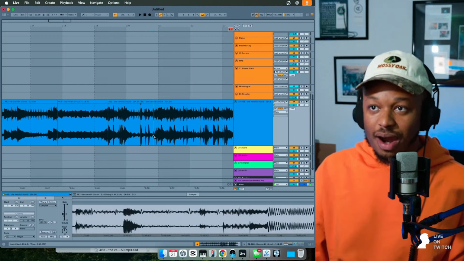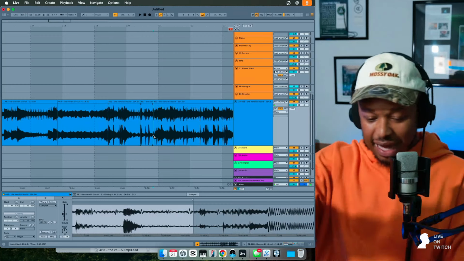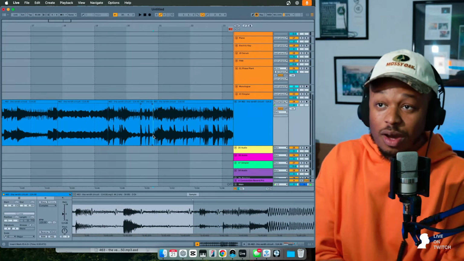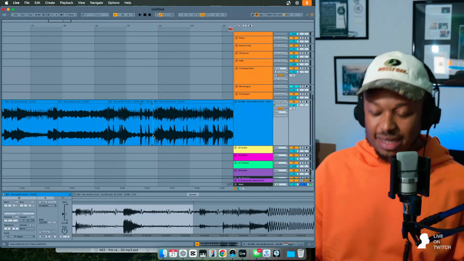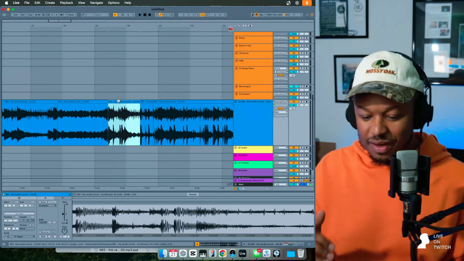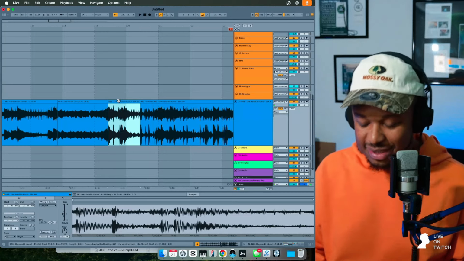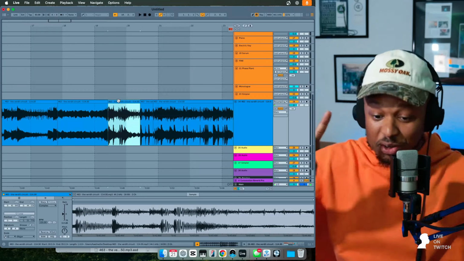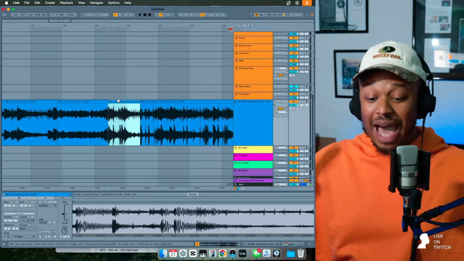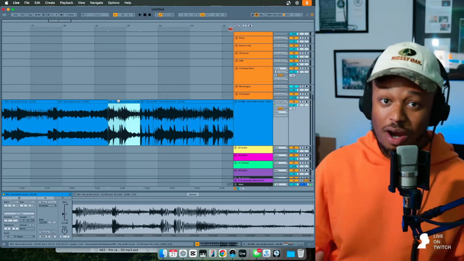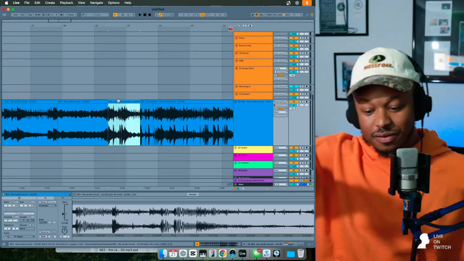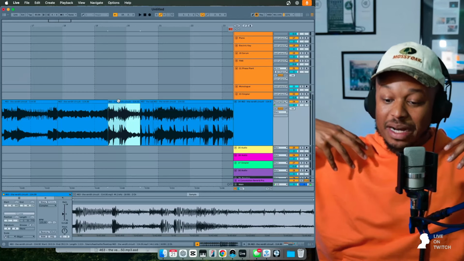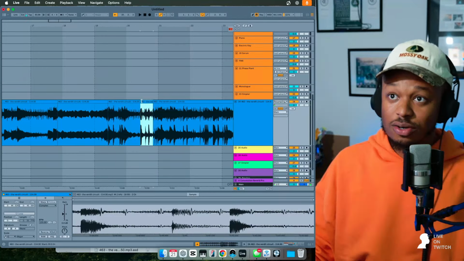Now, this is the part that I think is uncovering the overwhelming part. Sampling can easily become overwhelming if you don't know what you're looking for. I think what happens is people just start chopping up stuff and they're like, I don't know what I want to do with certain elements. And honestly, at this very moment, I'm not quite sure what I want to do with all these elements. What I do know is everything that I'm finding right now, I like. And the more you can decipher what you like versus what you don't like, it can make your options much easier.